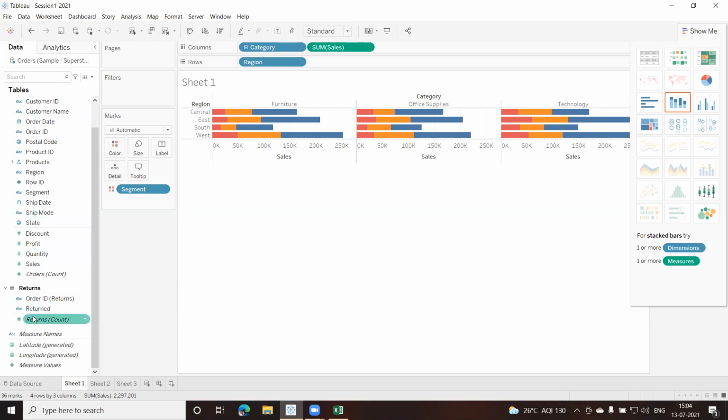Similarly, you'll find that we have this returns count here into bracket count. This will give me the total number of records in this particular table, and in this case, it's a sheet. So how many records are there? For this, a variable gets created, and it's a numerical value, a measure value, you can say.